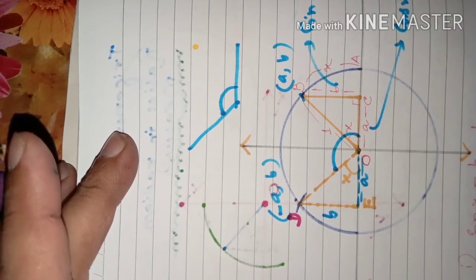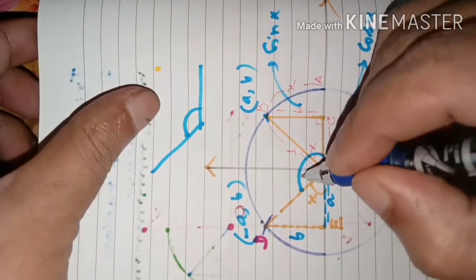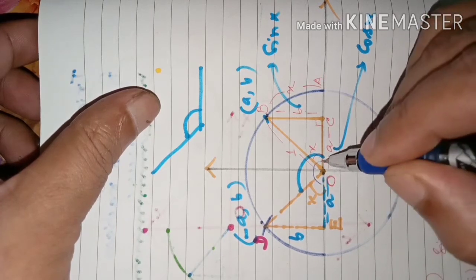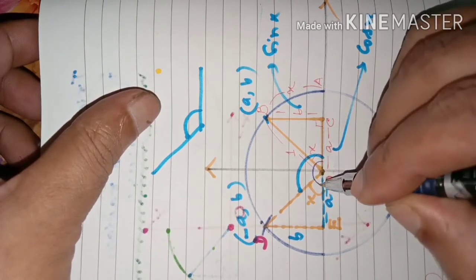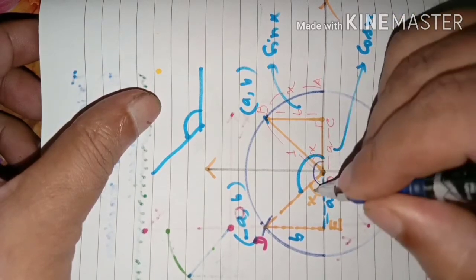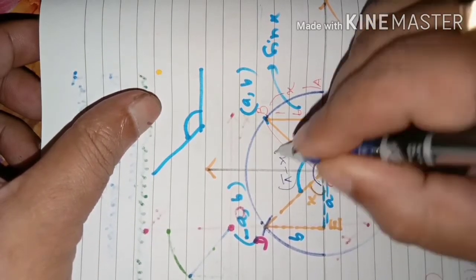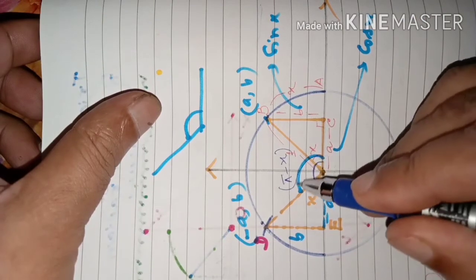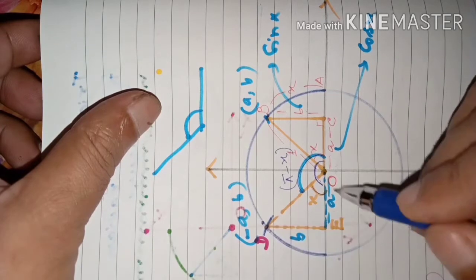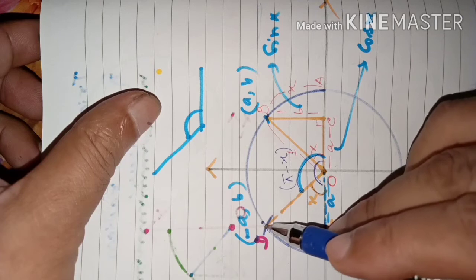So dear students, have you realized here, this angle will be what? This angle is pi radian, because this is a semicircular angle, so it will be pi. Then this part is x, then this angle will be pi minus x. Thus for this pi minus x angle also, the coordinate of this point is what? Minus a, b. This way is minus a unit and this is b unit.